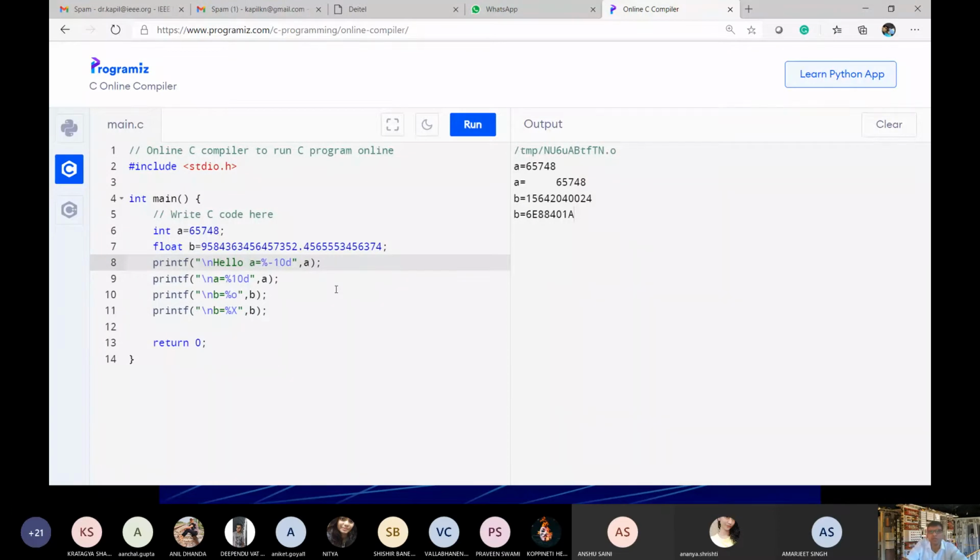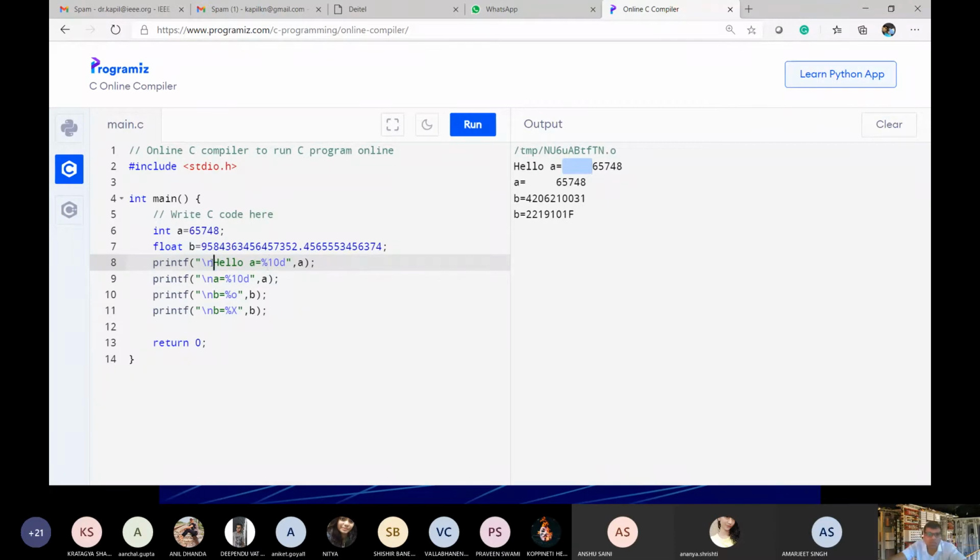If I'm running this program, it is running very simple. Hello followed by space followed by a equals to. Because it is written in left justification, let me write in right justification. So it will leave some spaces, and let me write all the values in right justification.